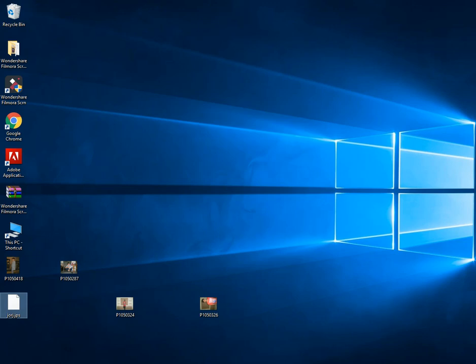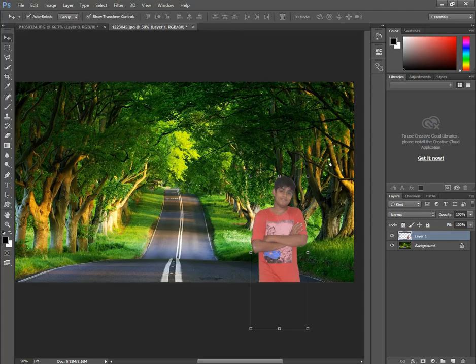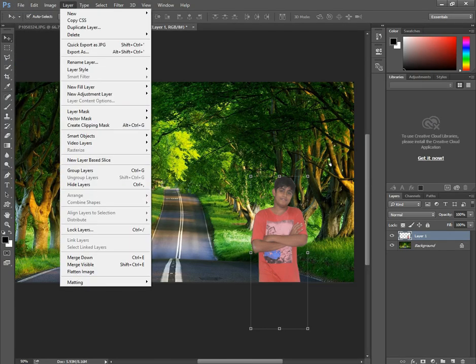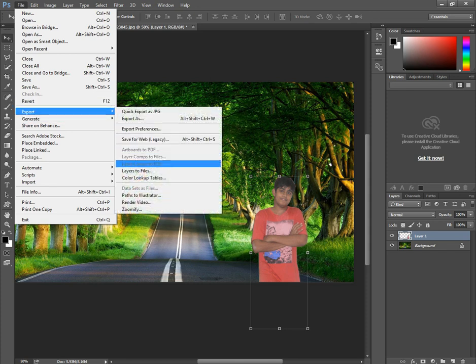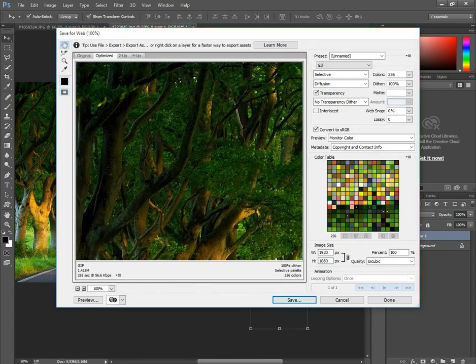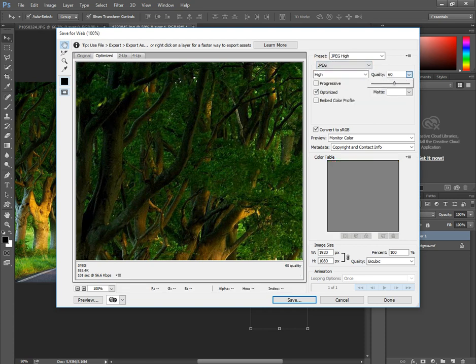We have no app to open the desired file. Again we are going to save, export as, save for web. Here I select JPG 24, JPG quality high, and press the save button.